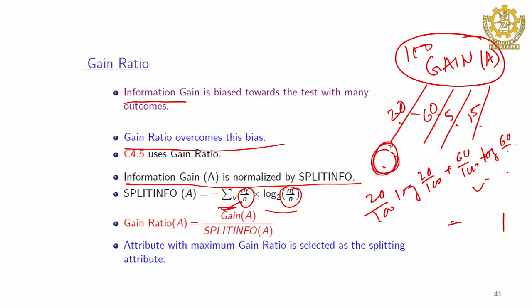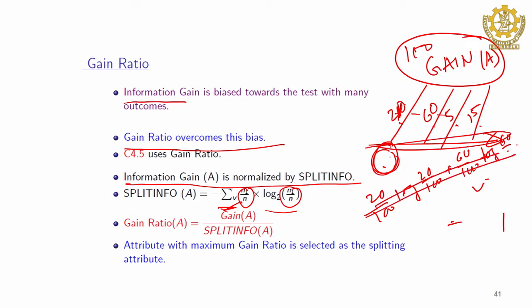And whatever values you get should appear in the denominator, and in the numerator we will get the gain A. So, what will be the advantage? In the earlier example we are getting some values here, then what do we do? All will be 1. So, then what will be the value here? These values will be huge.